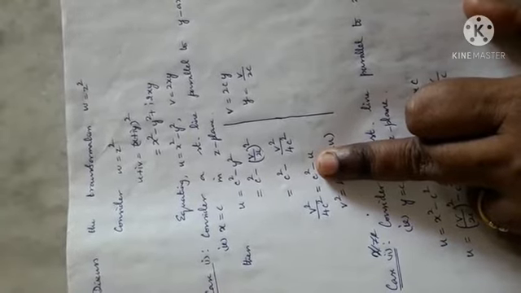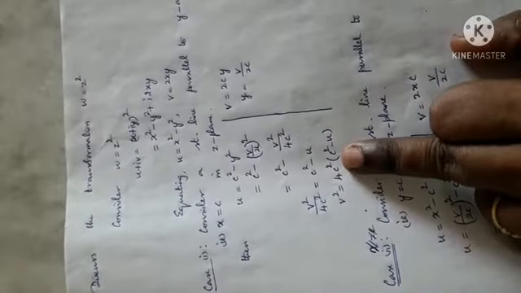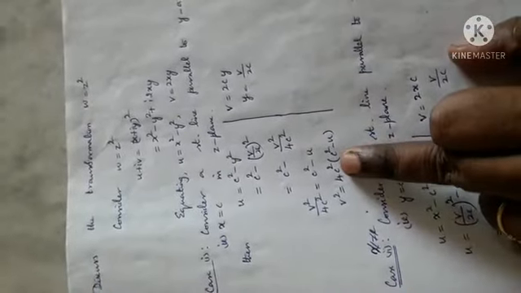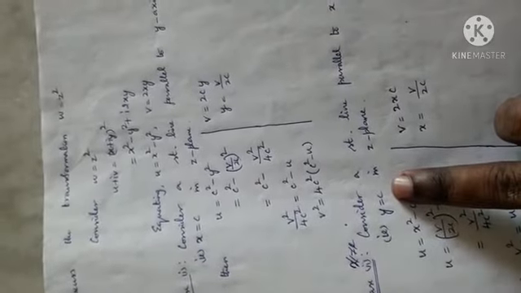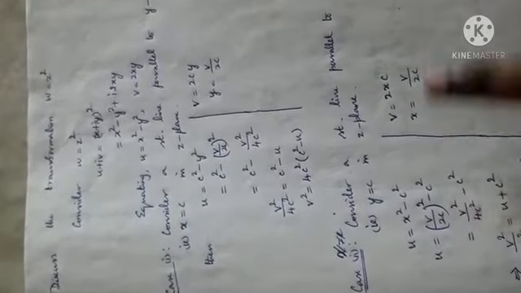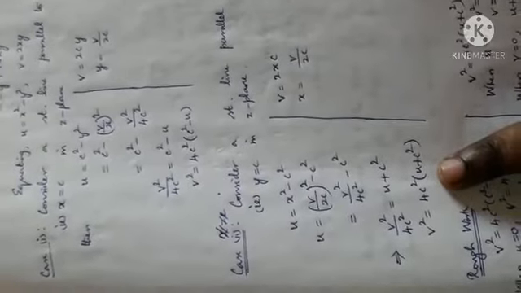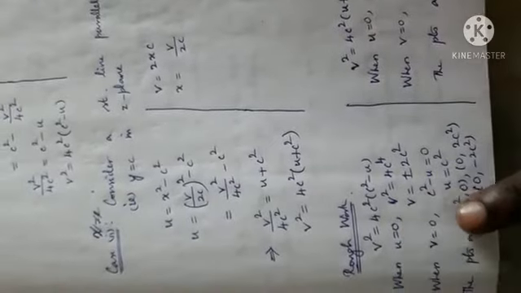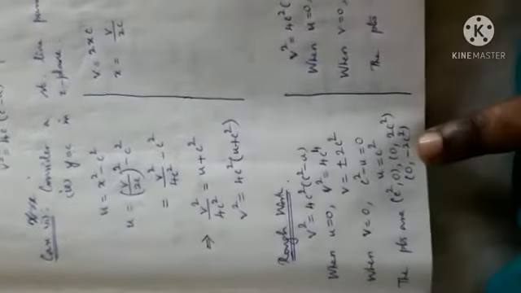Parabola v square equal to u is a parabola which will meet origin. When u is 0, v is 0. But here this parabola will not meet origin. Let us see how the parabola is. Consider a straight line y is equal to c. Y is equal to c is a line which is parallel to x-axis. Simplify, you will meet another parabola. Now rough work. Take both parabolas, put u is 0, v is 0, you will get 3 points. Similarly, you will get 3 points for the other. Mark the points in graph, right?